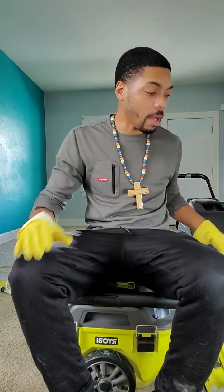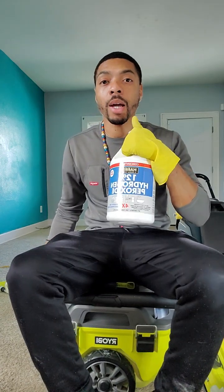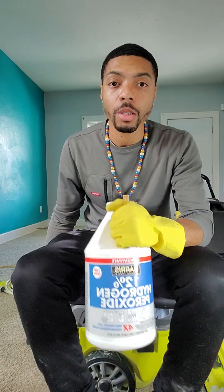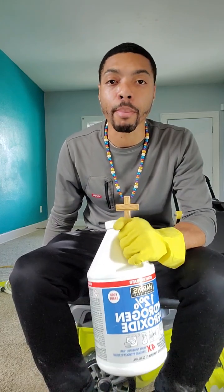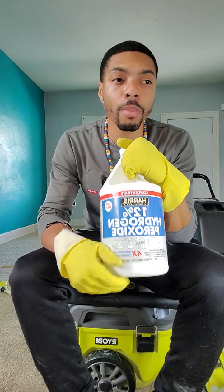Look, all right, be careful with this. I got this from Home Depot, 20 bucks. Be careful with this. This will cause chemical burns. This is 4 times stronger than household peroxide. Wear safety glasses and gloves and don't spray it in the air in a way that you can breathe it in, all right? I like to water this down half and half, put it in my spray bottle